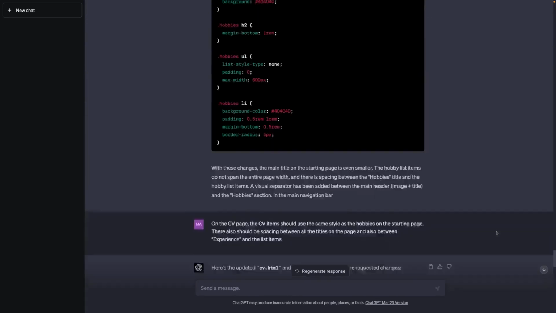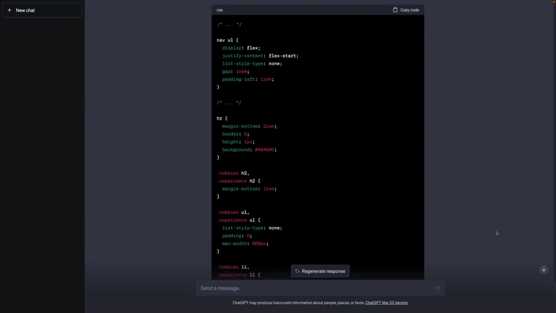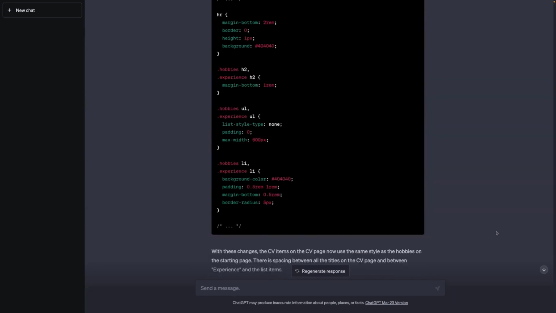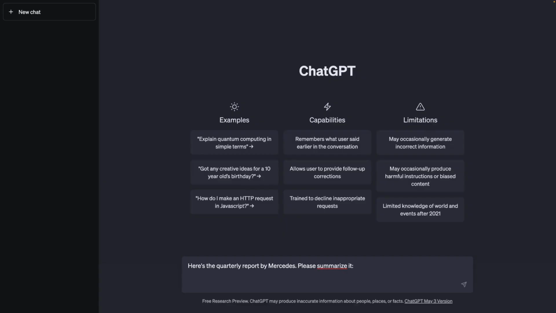This allows you to ask ChatGPT about something that might have been part of an earlier chat message. But therefore, of course, it's always the entire chat that has to be handled by ChatGPT as an input, and therefore it's the tokens of that entire chat that are taken into account by ChatGPT and that count towards that token limit.